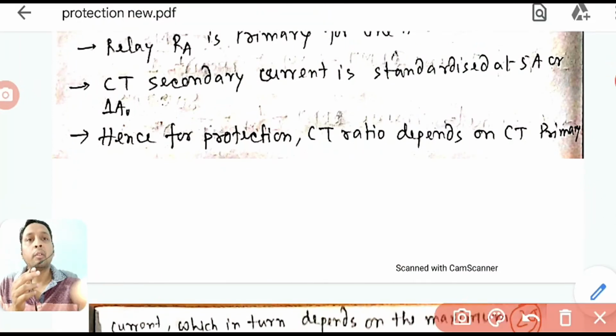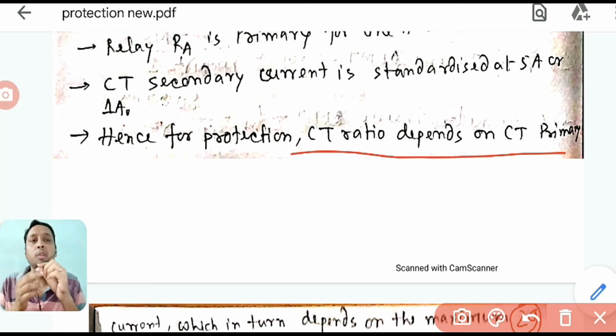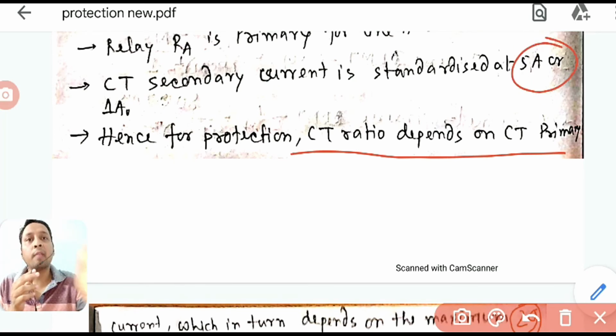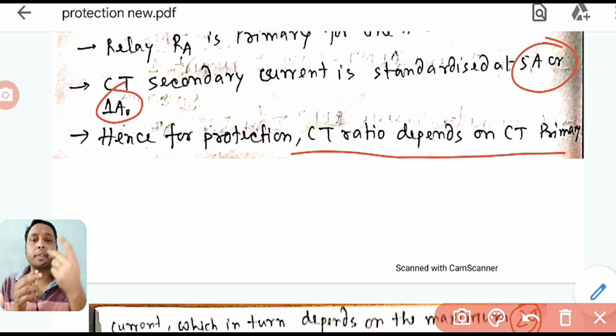When we are dealing with the CT ratio, because my secondary is fixed at 5 or 1 ampere, it is standard. So the ratio will depend on the primary current. Secondary current is fixed. So what is the ratio? This primary to secondary ratio, is it secondary by primary or primary by secondary? If this is fixed, then for the ratio, what is variable?